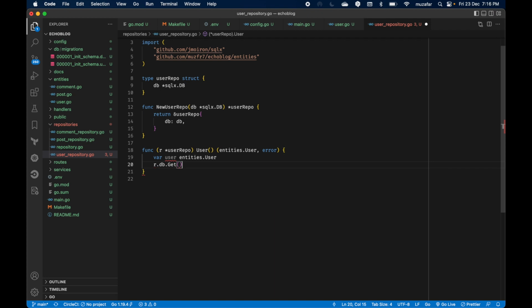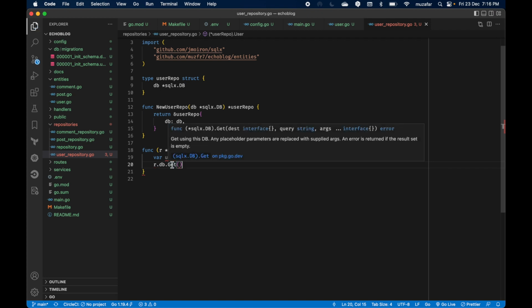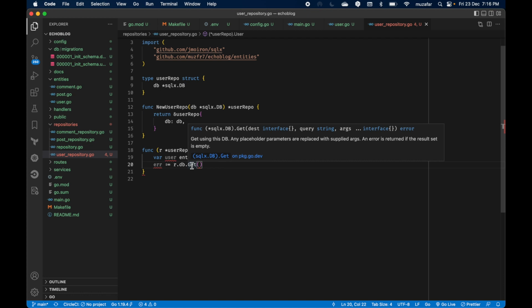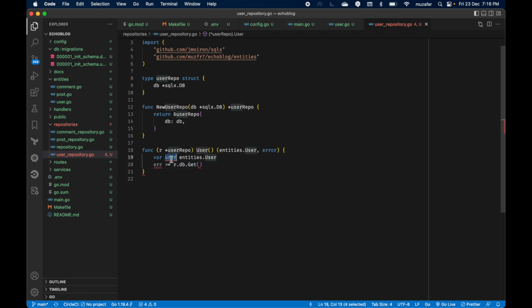and you see this method basically returns an error, and it accepts 3 parameters. Destination will be a struct that we have just created, and it is of type entities.user. So let's edit,